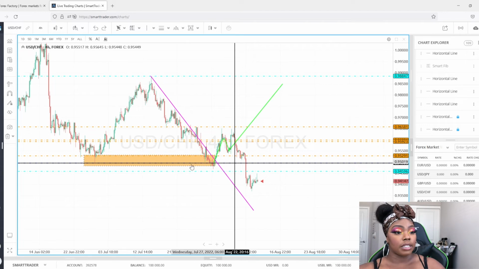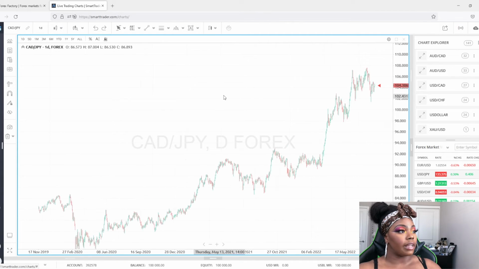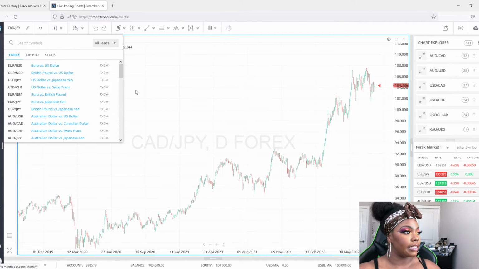So yeah, that's how this price moved. Now we are going to take a look at what other pairs we can take advantage of this week. Another one that I want to take a look at is the CAD yen,